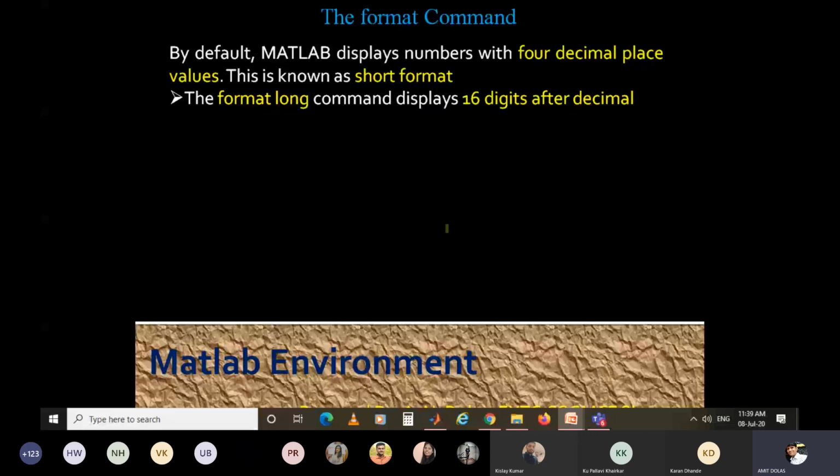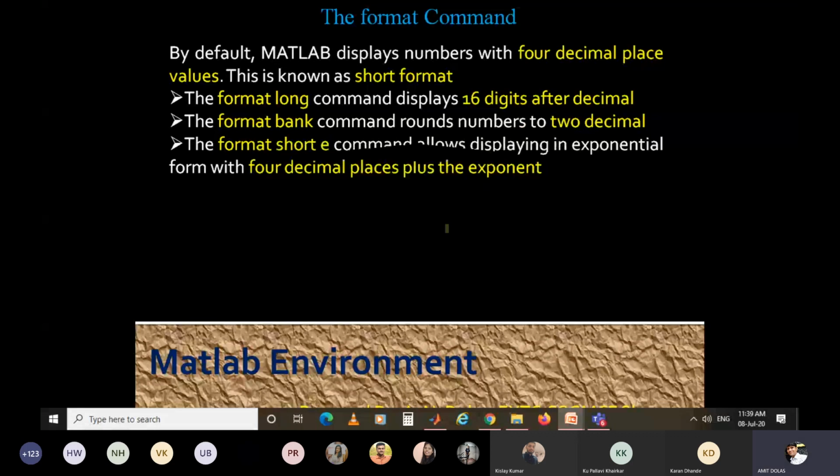It is called short form. Another is format long. Format long is the command which will display 16 digits after the decimal point. Then format blank. The format blank command will round the number to 2 decimal points. So there will be only 2 decimal points.